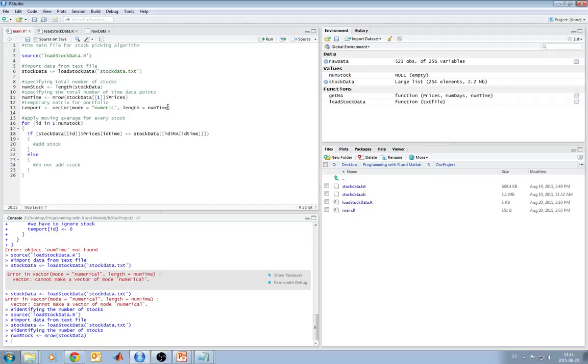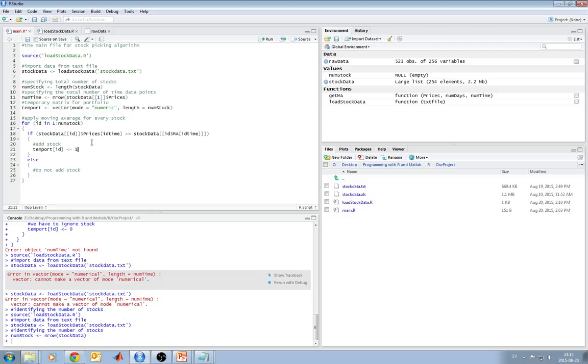Oh, excuse me, not total number of stocks. We're doing it this way because we want the IDs to be in the same order as we have them in the total stock data matrix, our stock database. It would be much easier to refer to them and then to arrange the rest of the data in a way that is easily trackable. So then we can refer to the specific stock by its ID,